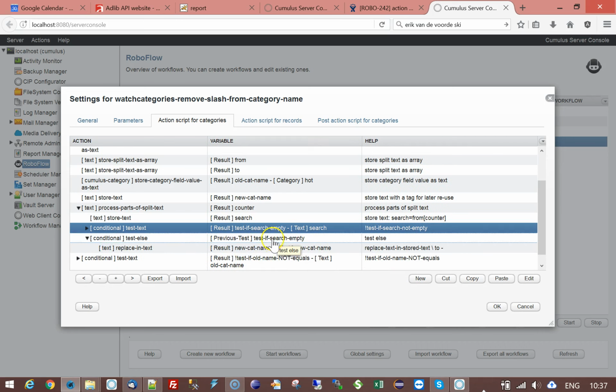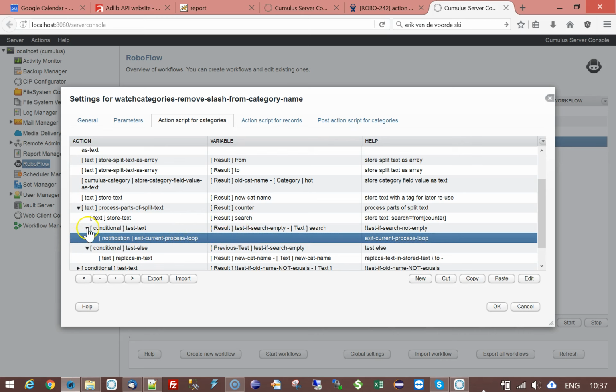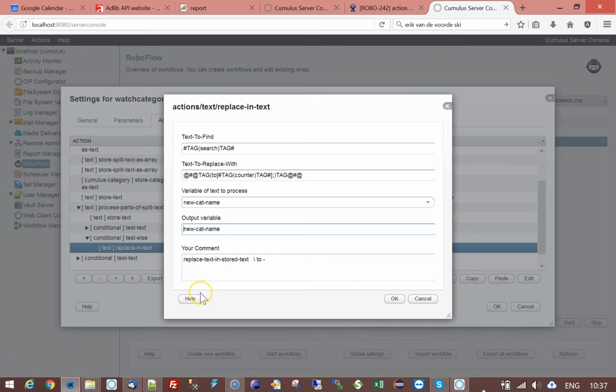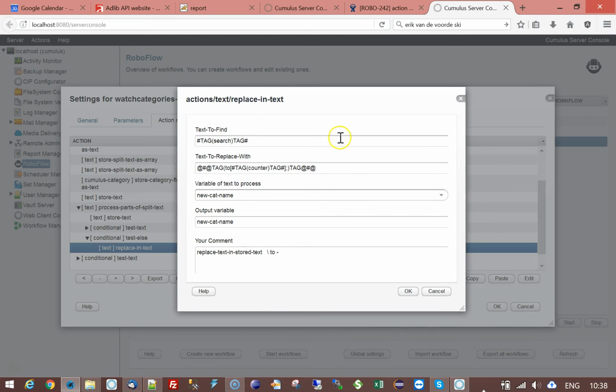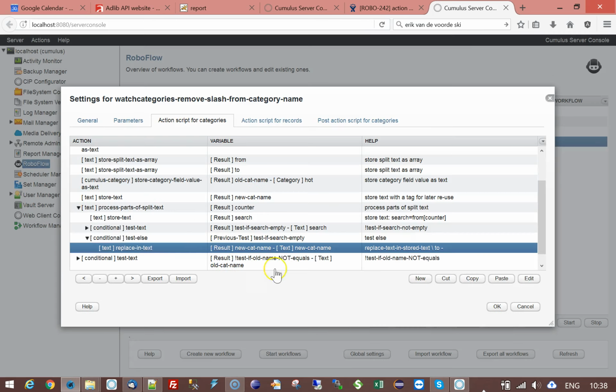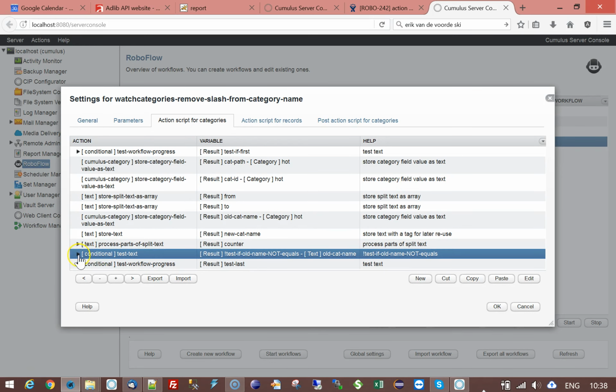Then else, so if it's empty, I exit the loop. I say done. If it's not empty, then I replace the search character with the to character. Remember, I created this little array also from the replace with characters. So I do exactly the same inline instruction to pick up the value of element x, x being the counter, and replacing it. And I'm using the new cat name, which I created before, and replacing it in the same variable. So I loop through all the characters to replace, and then in the end, when everything is replaced,